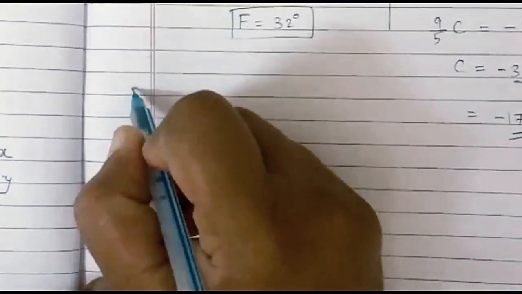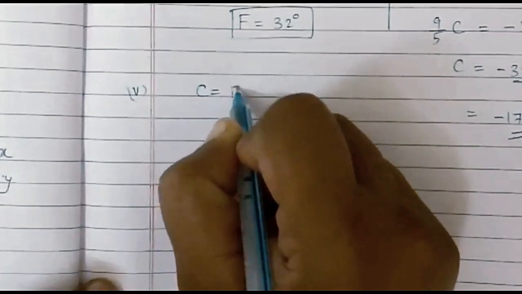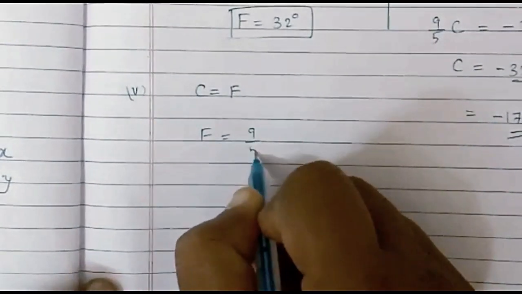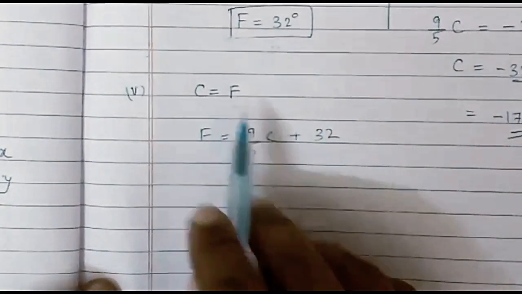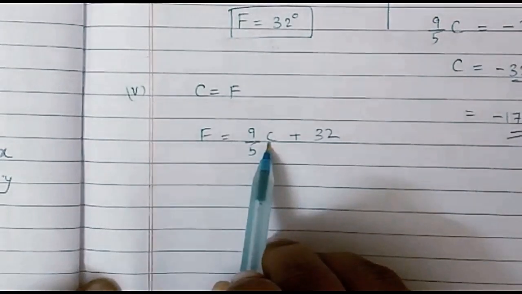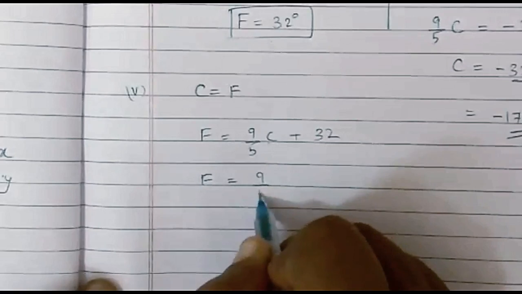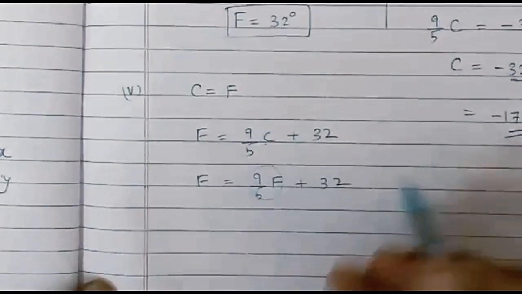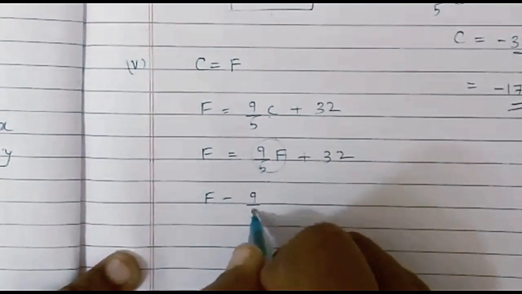And now the last case, the fifth case, when C and F both should be the same. So our equation was F is equal to 9 upon 5 C plus 32. If C and F both are the same, then you can replace C by F or F by C. So I can write F is equal to 9 upon 5 F plus 32. Taking this 9 upon 5 F to the left hand side, we get F minus 9 by 5 F is